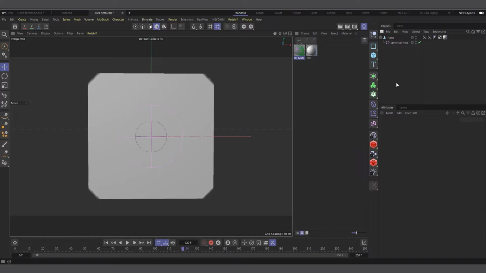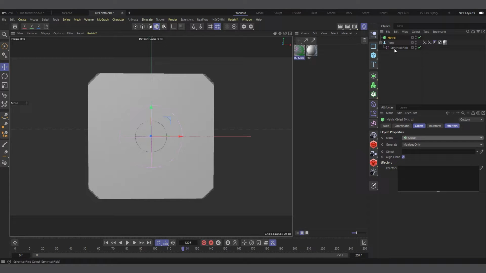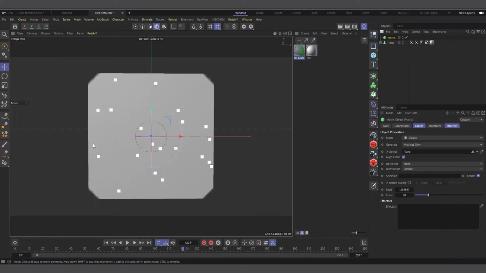But how do we create the threads at the tip? And that one too, we are going to use a matrix object. So I come into my Mograph object and I'll choose matrix. You can also do the same thing from up here. And now in the matrix object, I'll change the mode from grid to object mode. Right, and now which object do we want to clone on? So I'll just select the plane, click and drag it in here, and I can see it's cloning on the